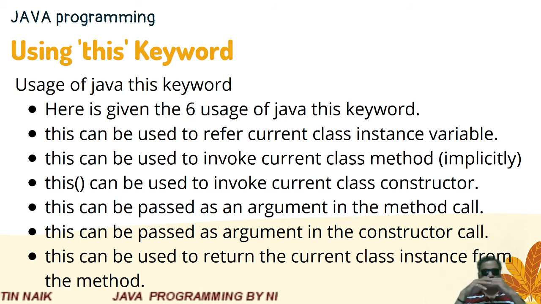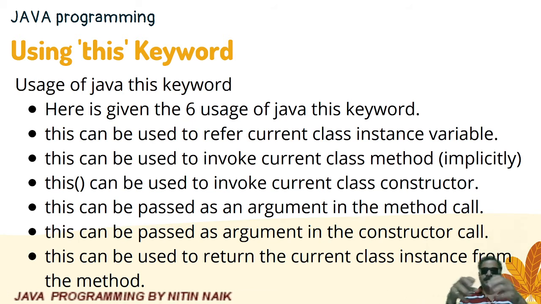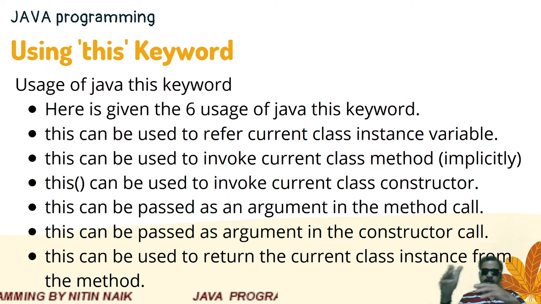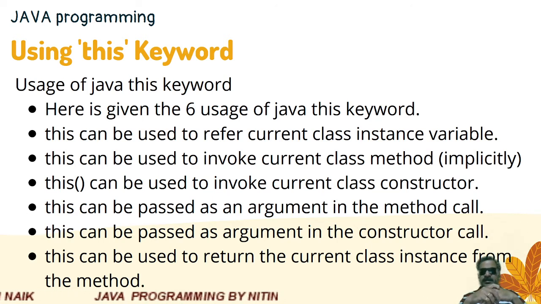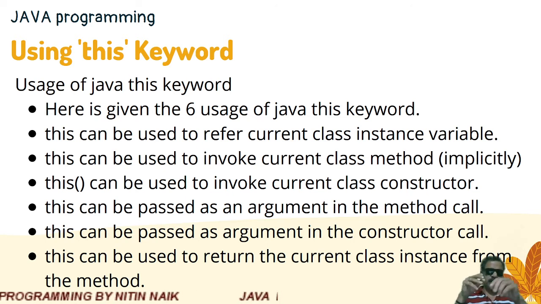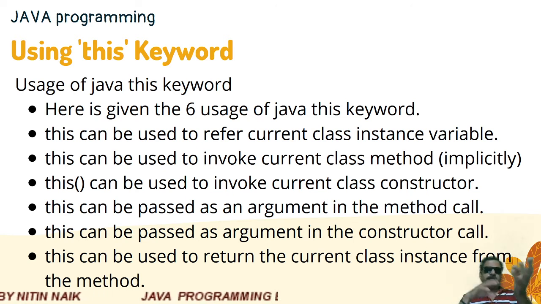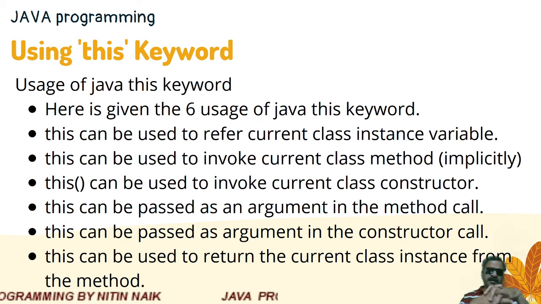So there are different types of constructors. One of them is the parameterized constructor, where it is possible to pass parameters to the constructor function. So this keyword can be used with the parameters which are passed to the constructor call. Next, this can be used to return the current class instance from the method, meaning this arrow operator, some variable name, this dot variable name, this can be returned from the method to where you have called that method. Sometimes the this keyword is used for returning as well.